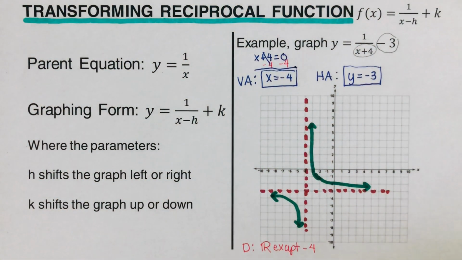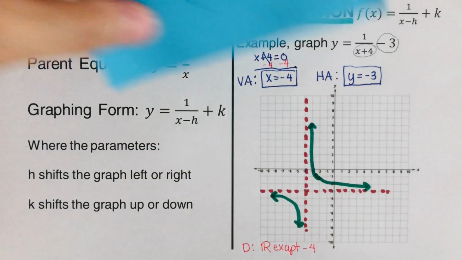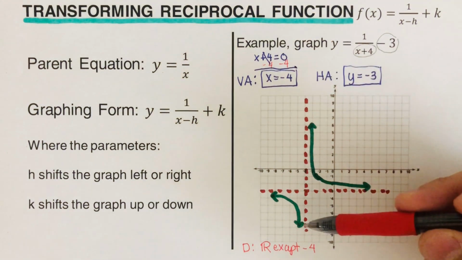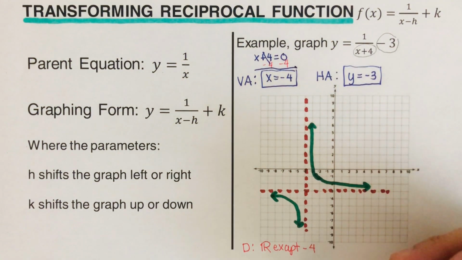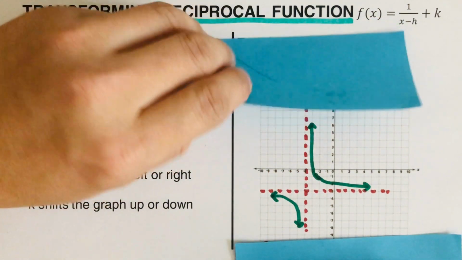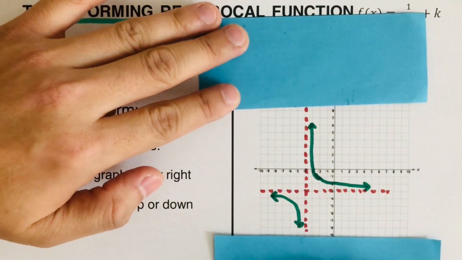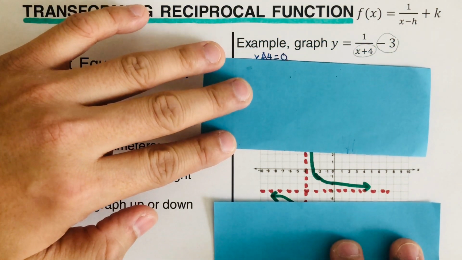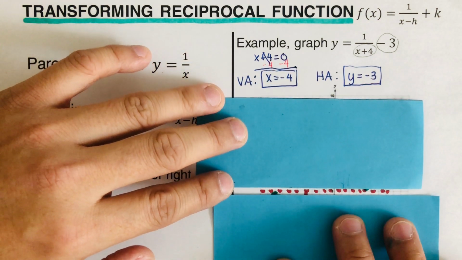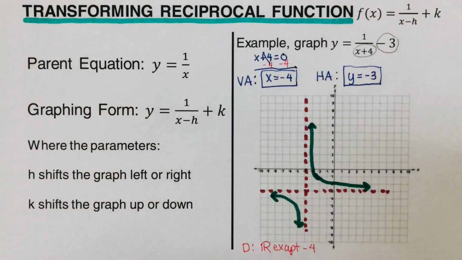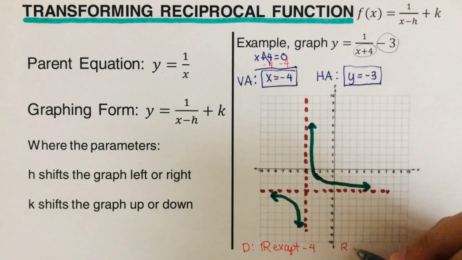Now let's find the range. The range would go from bottom to top. Remember that this arrowhead tells us that it goes all the way to infinity. This one goes all the way to infinity on the negative side. So if we trace this graph from top to bottom, that means all real numbers will be included except for the asymptote, which is at negative 3. So then we can say that the range is all real numbers except